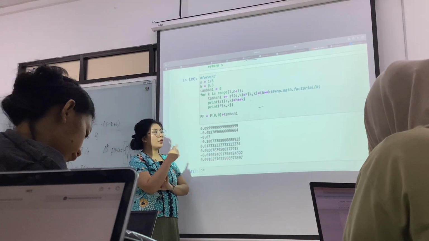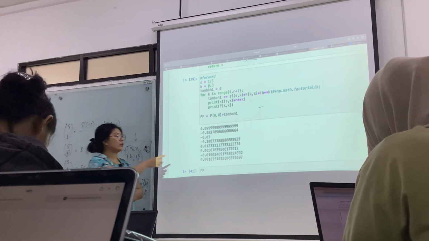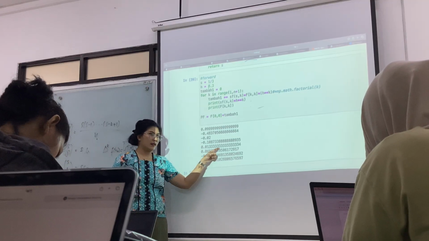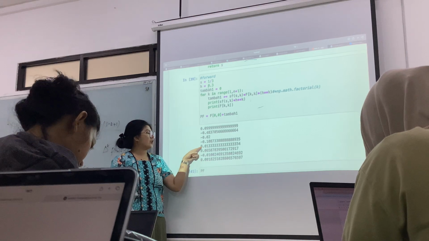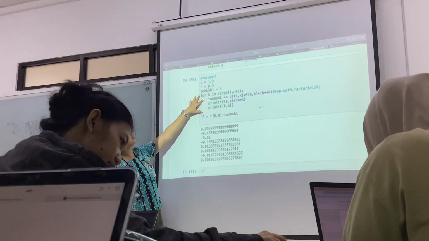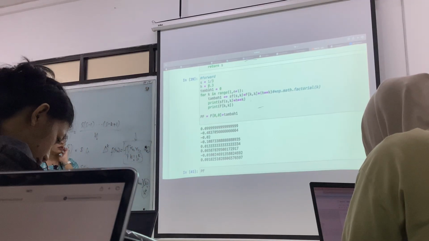It should be 0.1, but here is 0.099999, and also here, all with repeated this. It is 0.01 only, but here is 0.0133. I'll check which function gives us the error calculation.